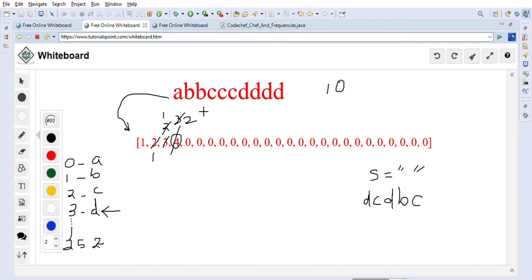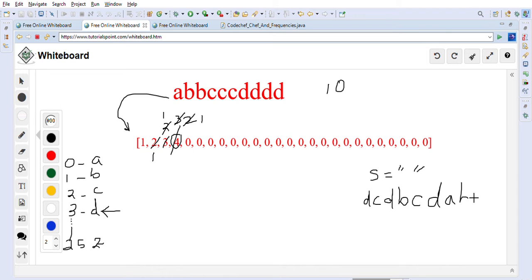So we will take D here now, because D has frequency 2, it will reduce by 1, so we append D here. After that we will again have A, B, C and D, all with frequency 1 now, right?